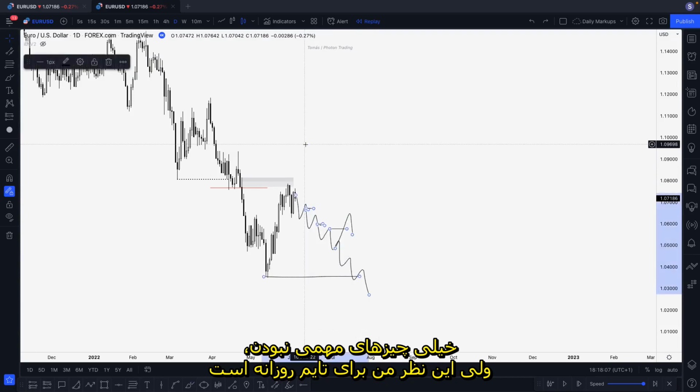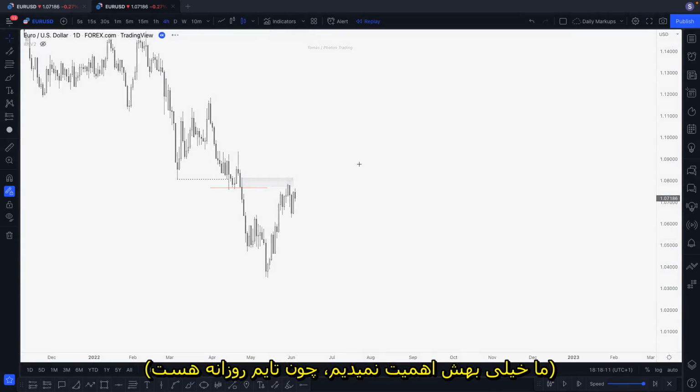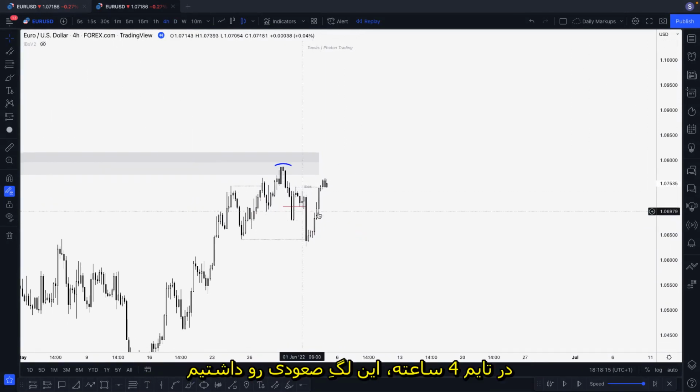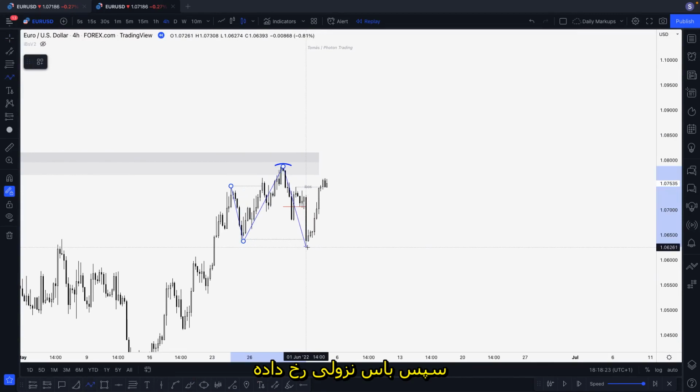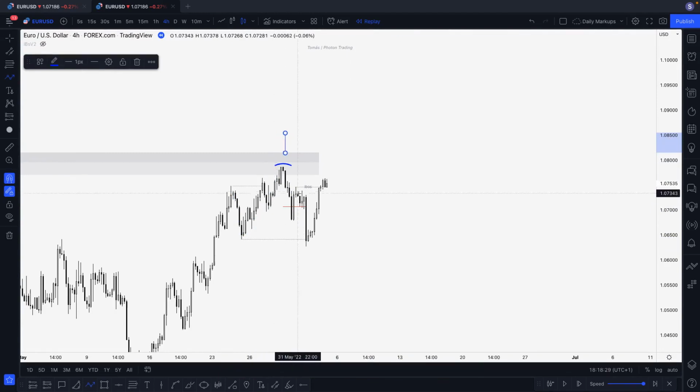Nothing very important, but just my opinion on the daily time frame. We don't care too much about this because it's a daily, but yeah, just my idea. For our time frame, let me go back. We have this bullish leg, and then a bearish break. So this is a protected and strong 4-hour swing high, and